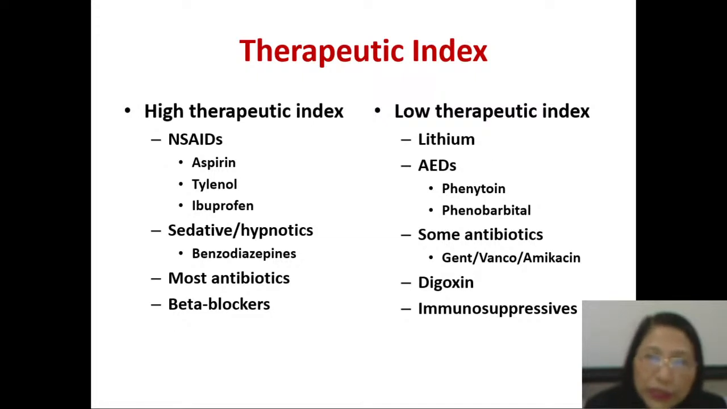But there are certain drugs which have low therapeutic index like lithium, which is used in manic depressive psychosis. The anti-epileptic drugs, most of the anti-epileptic drugs, including phenytoin, carbamazepine, sodium valproate, phenobarbital, all these have a narrow therapeutic index. Some antibiotics, particularly the aminoglycoside antibiotics like gentamicin, amikacin, and even glycopeptide antibiotics like vancomycin, they have low therapeutic index. Digoxin is a drug for which we routinely used to do therapeutic drug monitoring because it has low therapeutic index